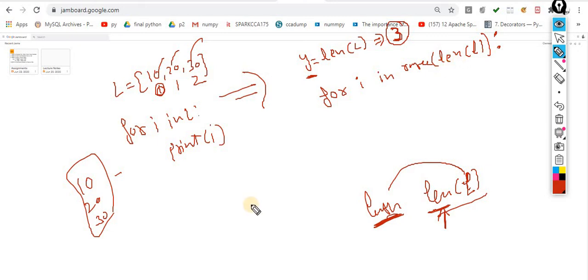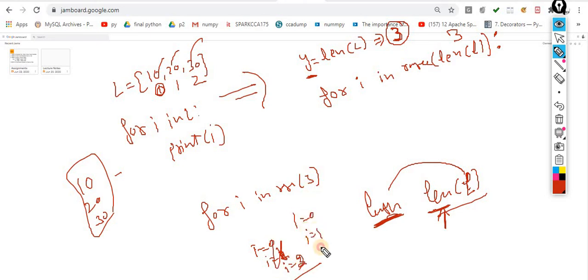It means for i in range of 3, because the length of this one is 3. So i value becomes 0, i value becomes 1, i value becomes 2. Very simple. So this is another way.